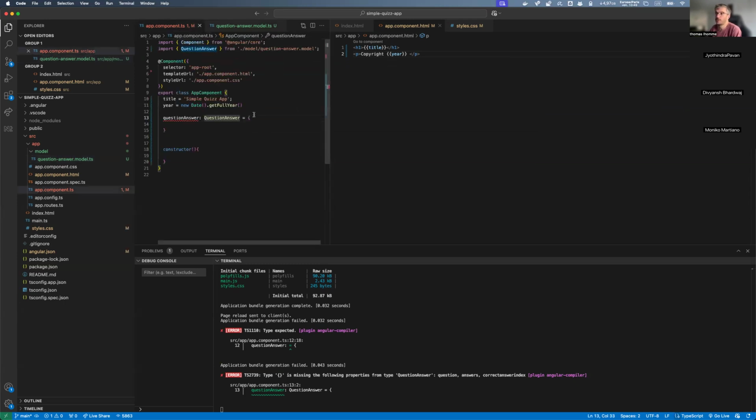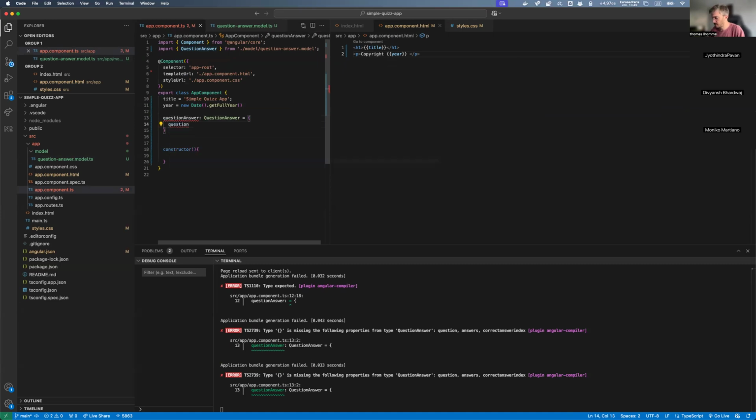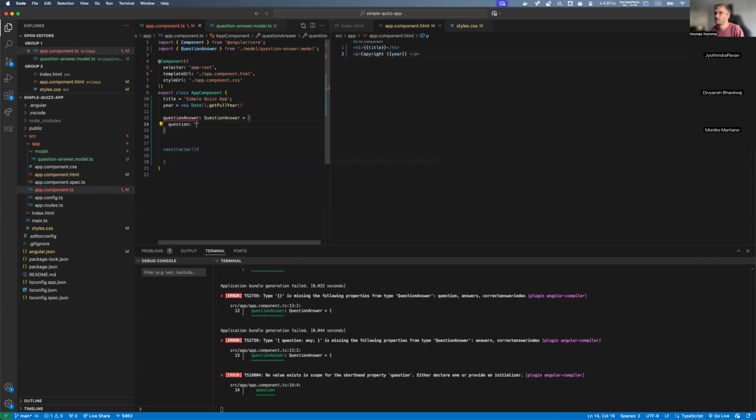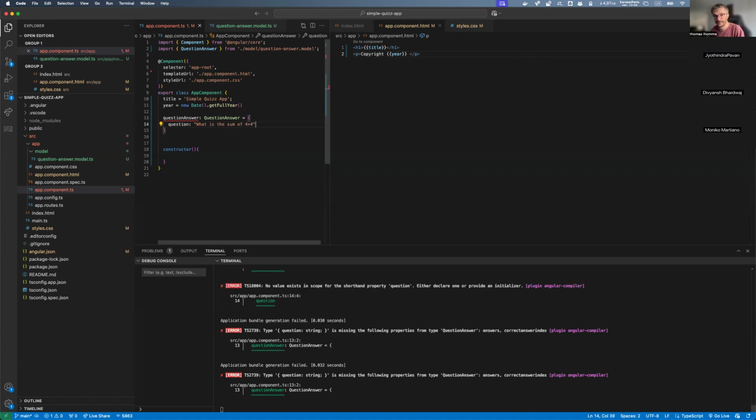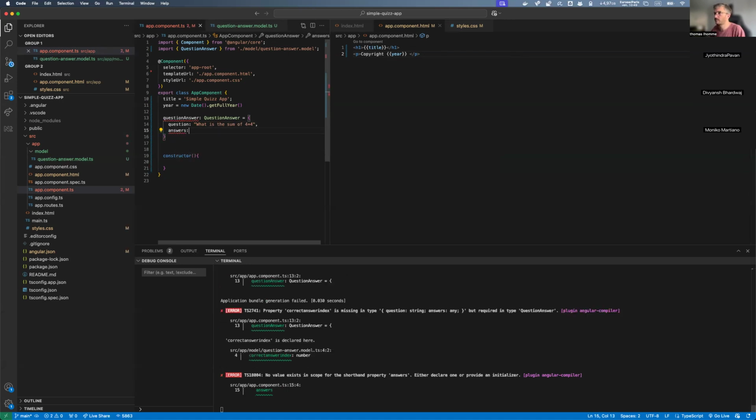So I'm going to put my first element here: question, and I'm going to write what the question is. Remember, we said what is the sum of 4 plus 4, right? Great. Then just a set of possible answers, so an array: is it 2?